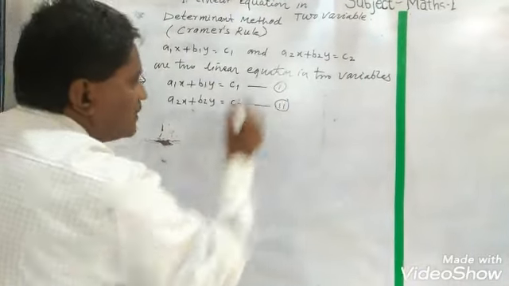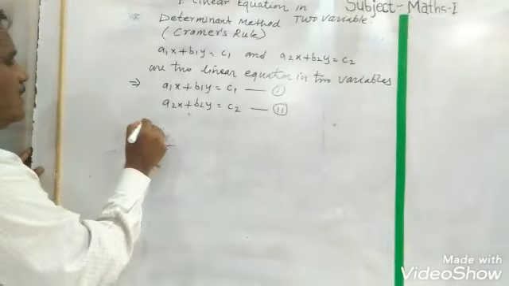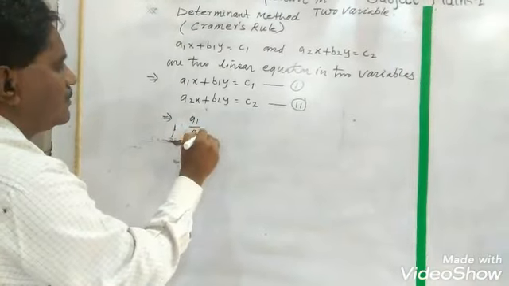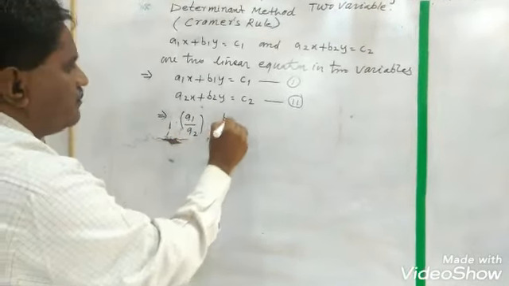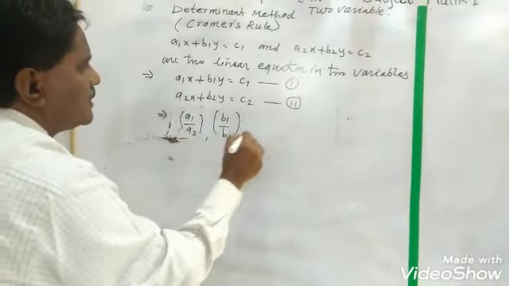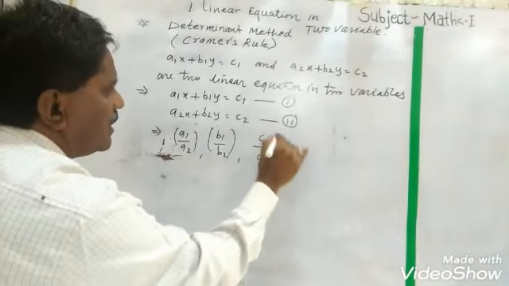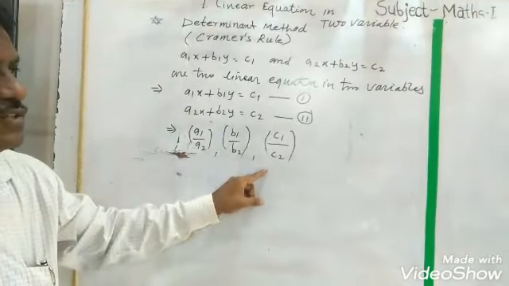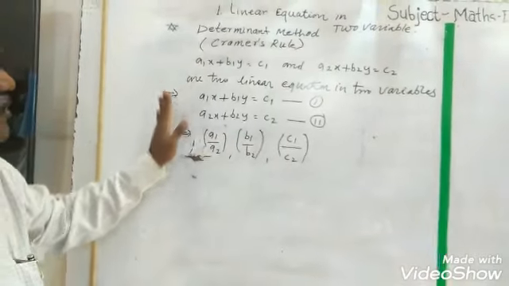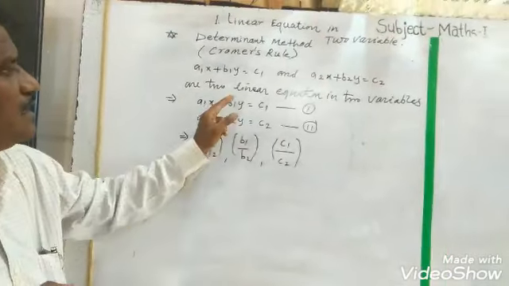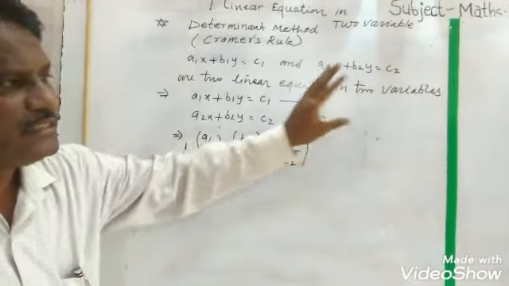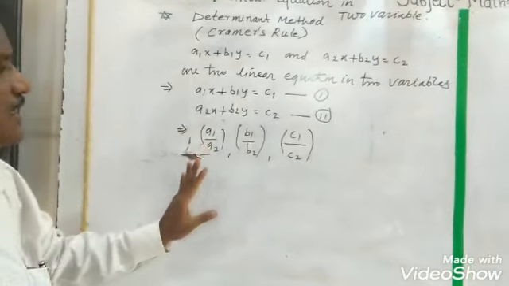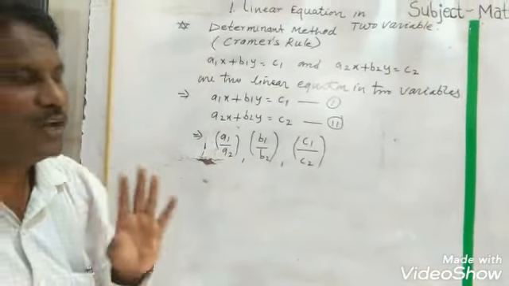That is second. Here we get the values, that is a1 a2, that is b1 b2, that is c1 c2. अशा प्रकारचे रेशो, अशा प्रकारचे व्हॅल्यू आपल्याला मिळतात. a1 a2 b1 b2 c1 c2. Now to find the value of x and y, the given linear equations in two variables, that is the simultaneous equation, to find the value of x and y by using Cramer's rule, the steps are as follows.